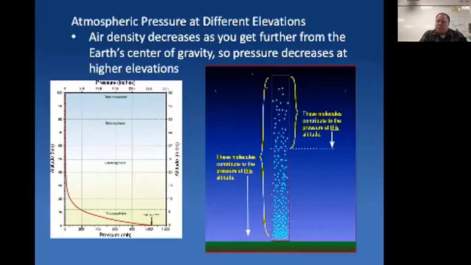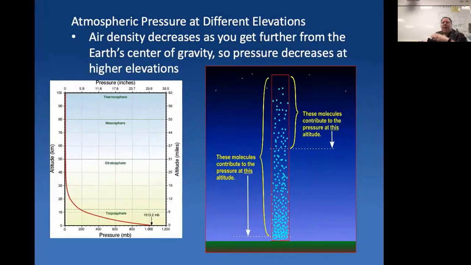All right, so as you change your elevation, you also change your pressure, okay? So where we have the least amount of pressure is actually the highest elevation. So if you go up to a mountaintop, there's not going to be as much air up there, okay? And because there's not as much air, it's not going to have as much pressure. The pressure is going to decrease the higher you get in elevation. Now, if you go lower, if you go down a mountain or down into a valley, then the amount of air is actually going to increase.